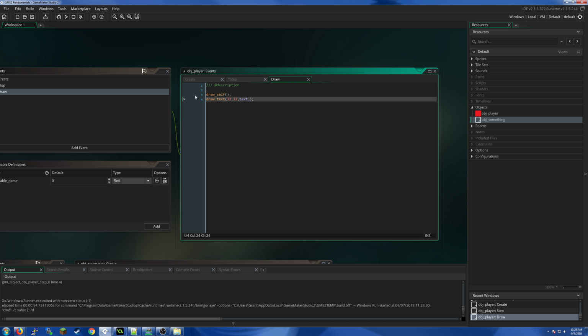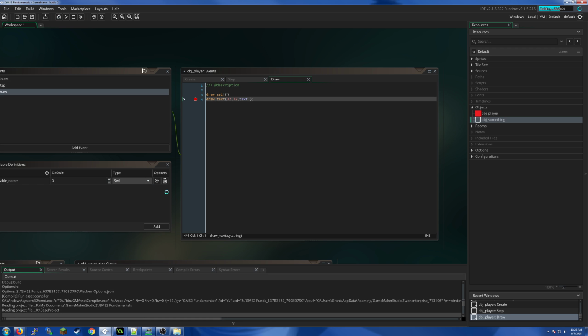But let's say we wanted to test something. For some reason, this wasn't drawing where we wanted to draw, and we want to figure out why in the world it's not drawing where we wanted. So if we go over here and we click to the left of our number, we could set a breakpoint. And a breakpoint will activate the debugger. So if we run our game in debug mode,